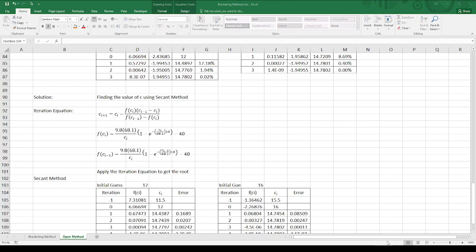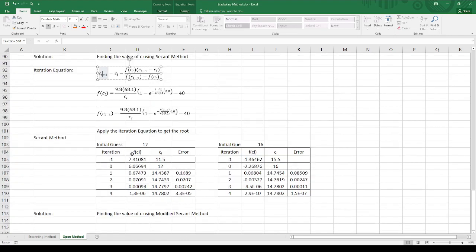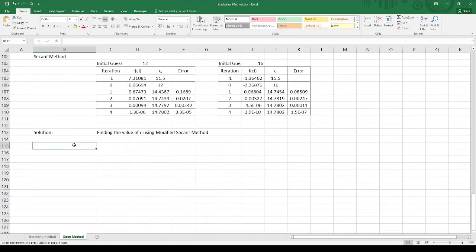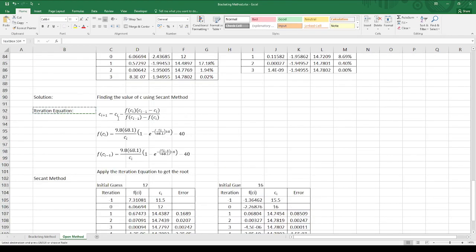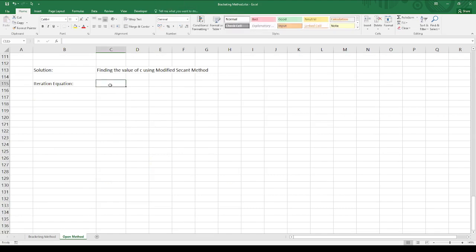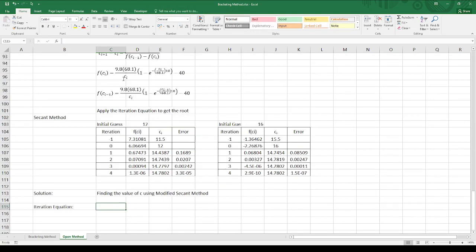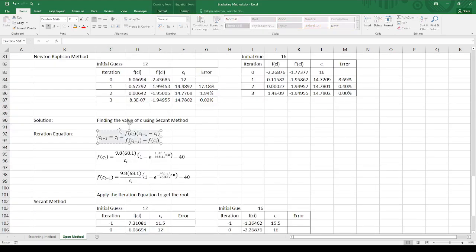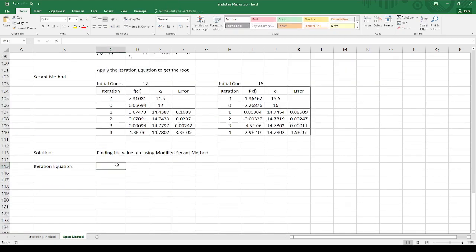Based on modified secant method, which will be using a perturbation factor. So that should be your iteration equation. Let's just copy it to be faster. So that is C sub I